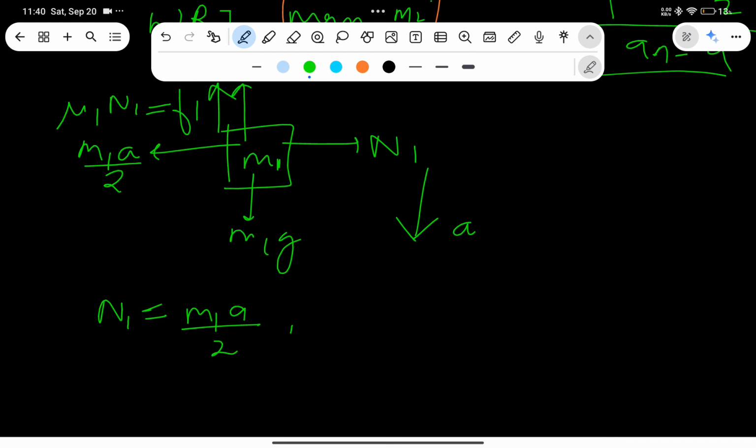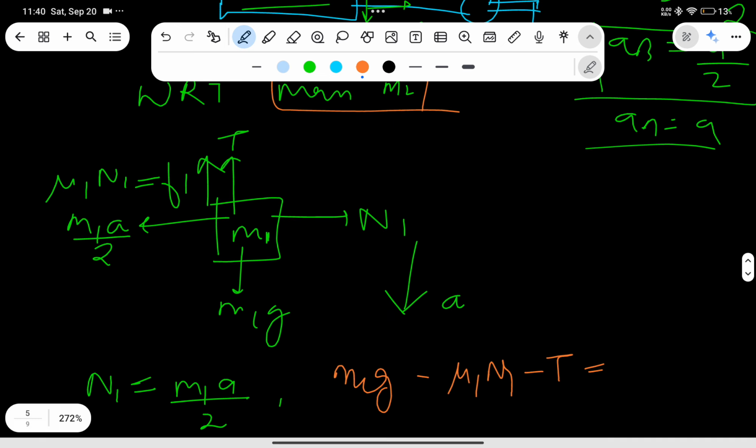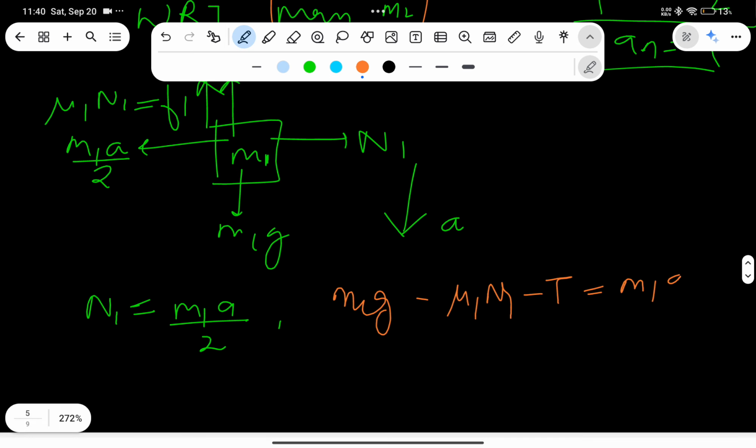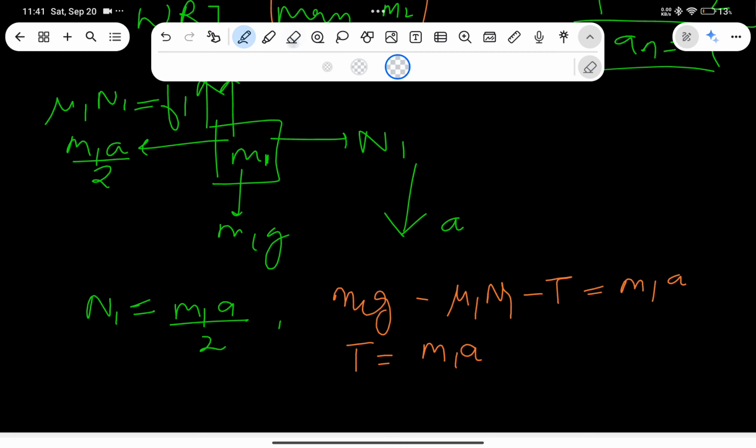So you'll have M1G minus mu1 N1, friction, minus tension is equal to M1A, right? Correct. Now tension, you can get tension from here. So you can get tension, which is M1A, right? Alright, sorry. If you are moving this here to get tension, so we'll have